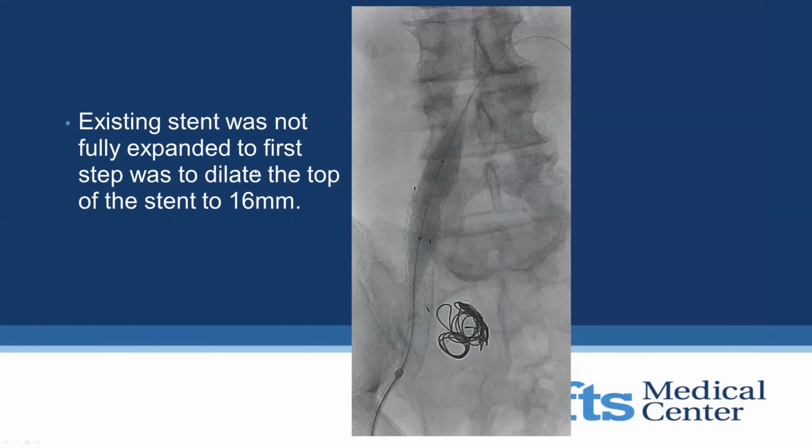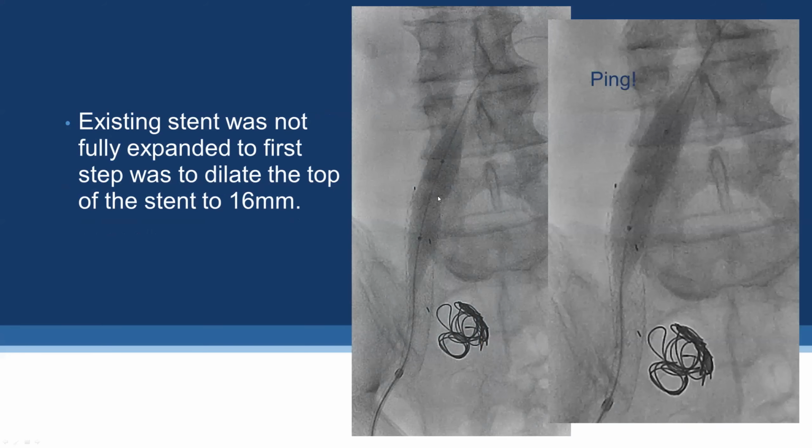So we thought the first thing we would do, just to make sure everything worked well and sat well, would be to try to fully expand that existing stent. So here is the existing stent. We put in a 16 millimeter limb at the top. It was extended with a Viabahn at the bottom. So it's 10 down here, it's 16 up here, and it tapers down. So there's the balloon. Ping. We felt we opened that up a bit.